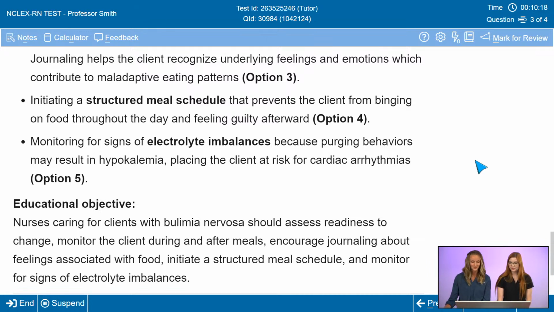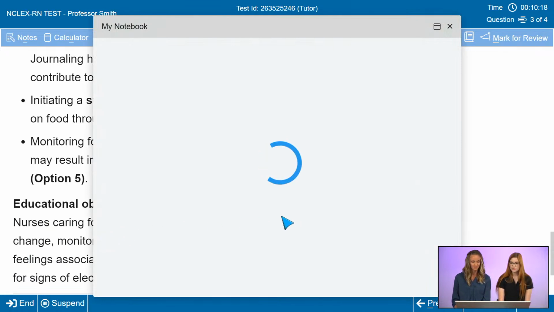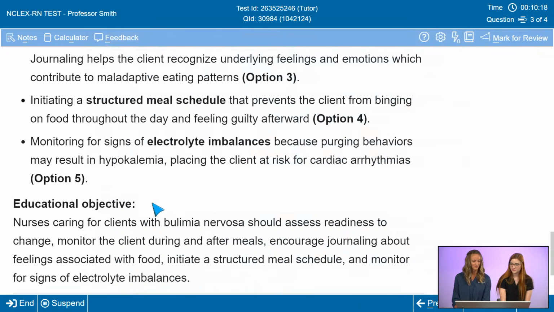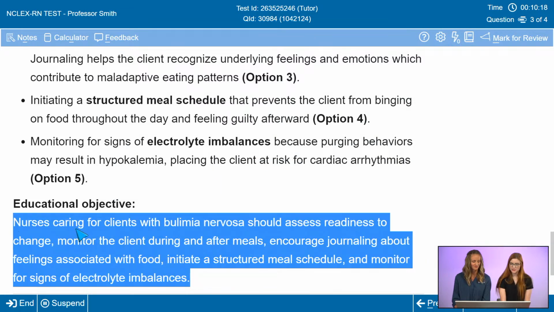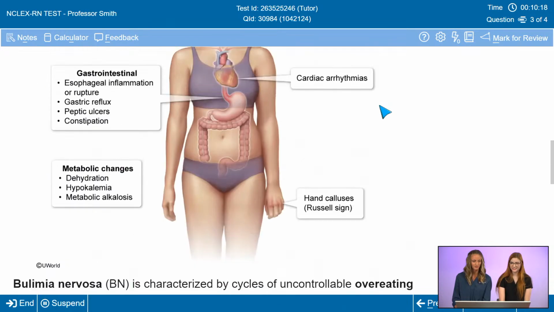But I'll let you read the educational objective, and then it looks like we have a question, or kind of a common question, but if you guys have more, feel free to leave them. So we'll put this into our notebook. And what's awesome too is we can put the image in here as well if we'd like. We're taking our time to load. If it's taking too long to load, we can always. We'll try it one more time. Sometimes it just takes a little bit to load, and if not, that's okay. You want to see if it'll let us add the image? Yeah, let's try that image.